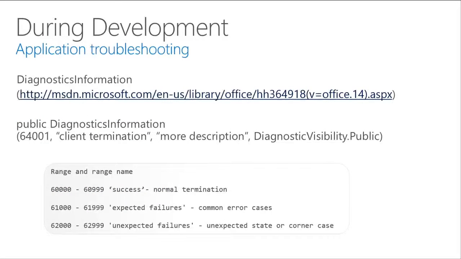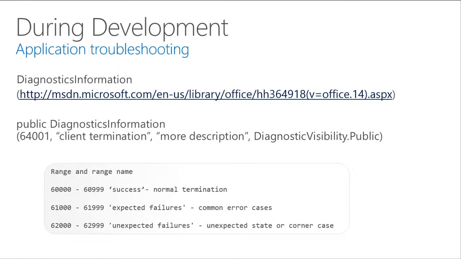Some of the things that I frequently encounter during development is, okay, I terminate a call or I do some operation, but the other side doesn't know what really happened. And one thing I strongly suggest is another class called diagnostics information. This is a class where we have specific error codes reserved for third-party applications to add more to what Lync